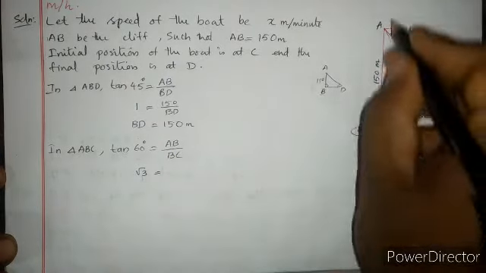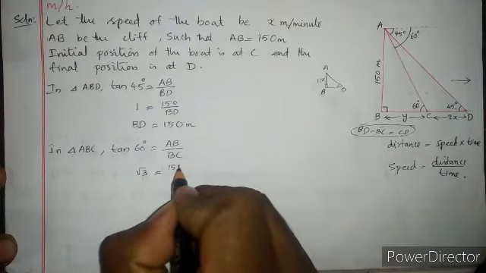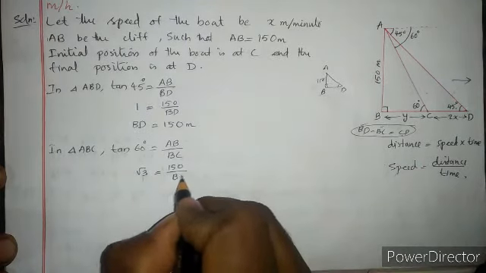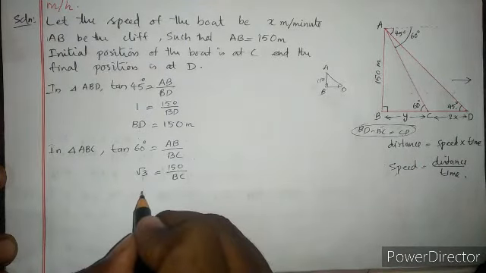Okay, so AB की तो वैल्यू दी है, 150, you are writing. BC तो नहीं पता है, तो BC, क्रॉस मल्टीप्लाई करेगा तो